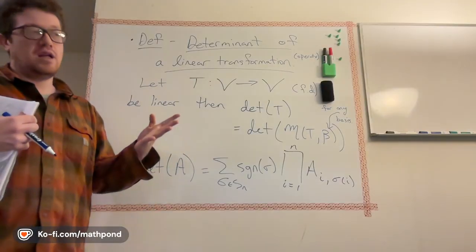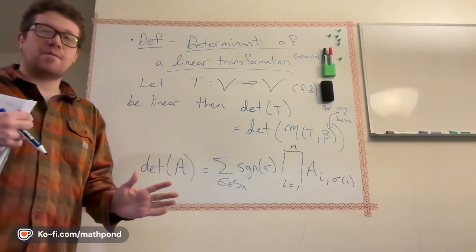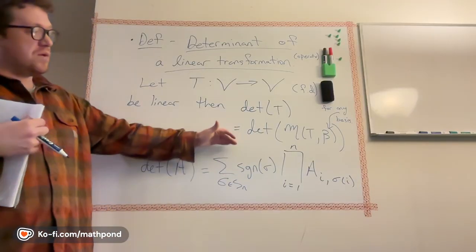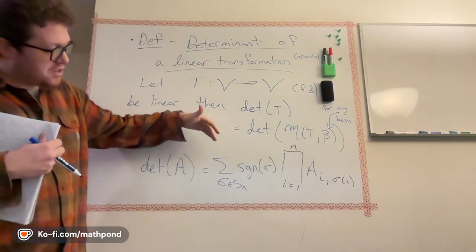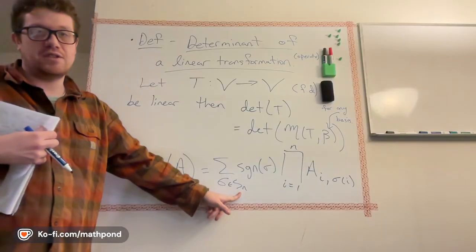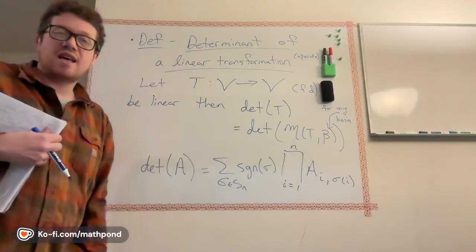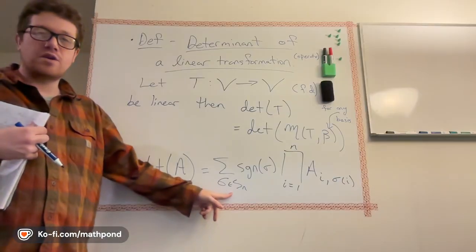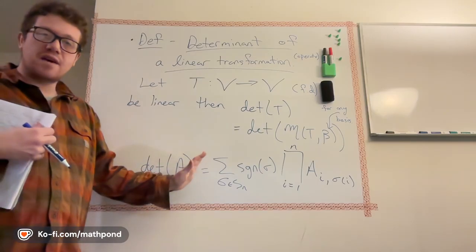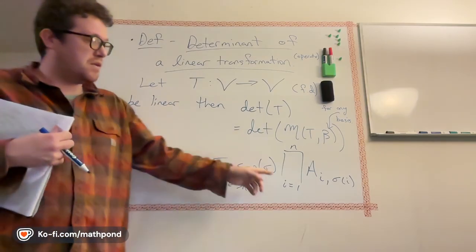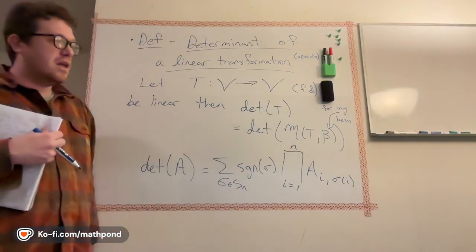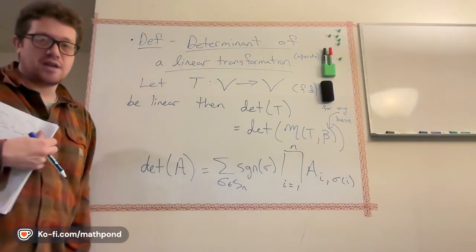Those are really the two most important properties, and from those two properties you can actually compute the determinant very easily without needing to refer to this bulky definition, because you really don't want to use this definition because you're doing a sum over permutations, and there's a lot of permutations. So if your matrix is 10 by 10, then you're summing over 10 factorial different permutations, right? So you definitely want to try to avoid this definition, and you can avoid a lot of these terms if any of these entries are 0. If any one of these entries are 0, then you can just ignore that permutation, and that makes your computation a lot easier in that case.